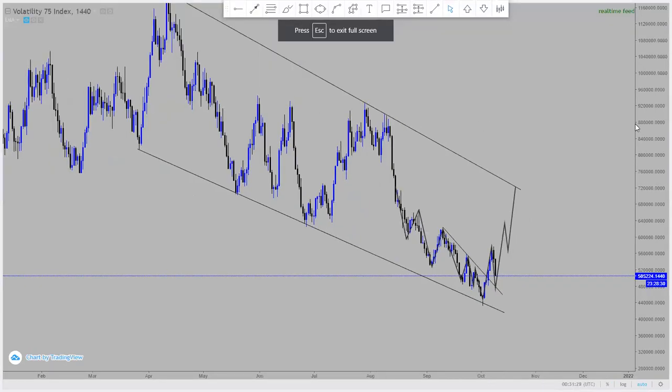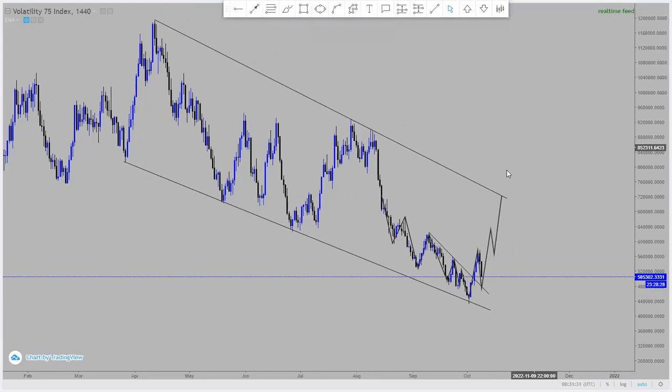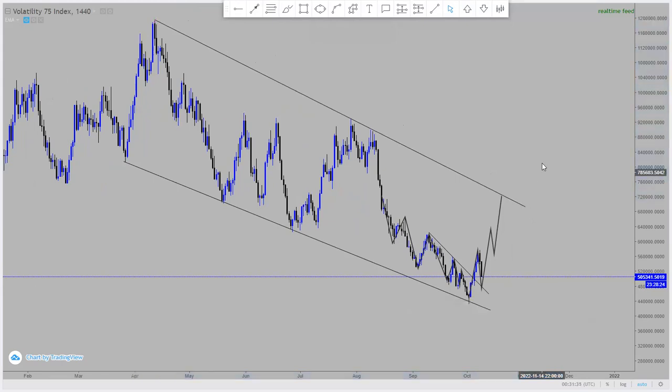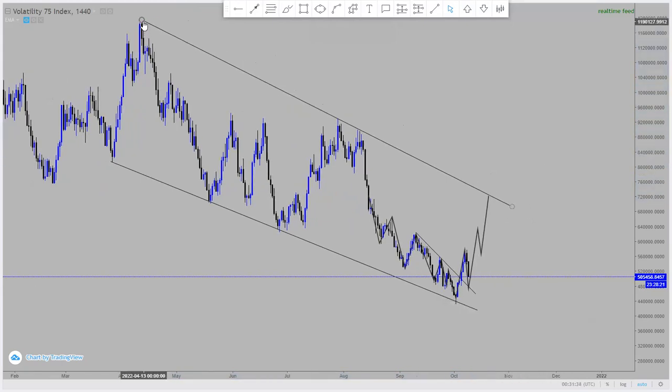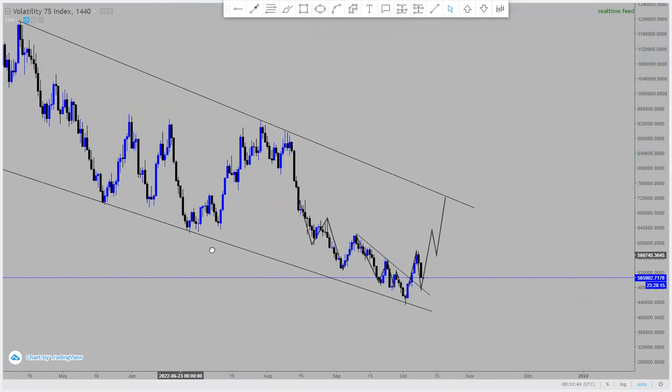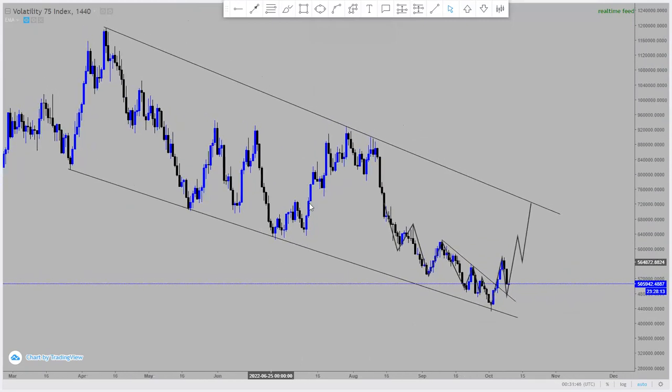Right, so VIX75, as you can see, we have been in a major downtrend on the daily. It's in a major downtrend according to the daily time frame. So whenever we're trading a channel like this, a downward channel like this, you always need to know that at